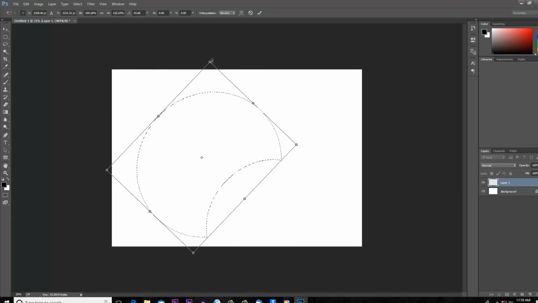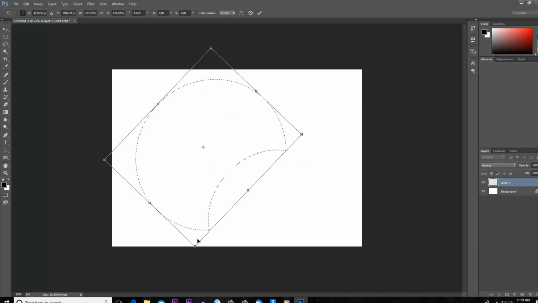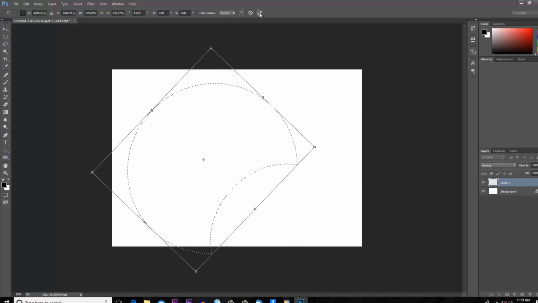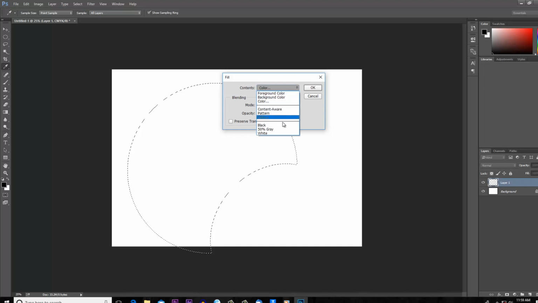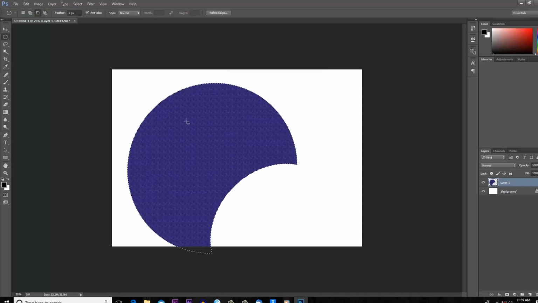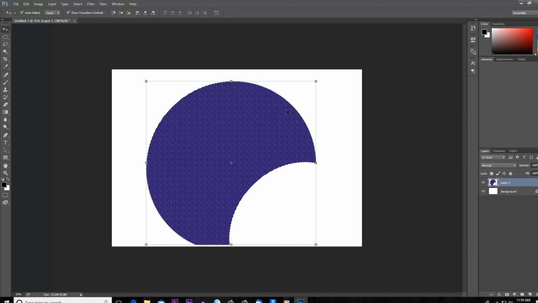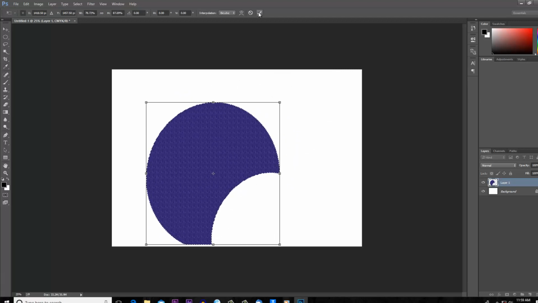So even while this selection is on, you can do these things. When you're done, you apply it by clicking on commit, and then from there you can fill it with a color. Not only a color, you can also fill it with a pattern. Let's say I fill this with this pattern, for example. Now you have a custom shape that was created by yourself using the elliptical marquee tool.